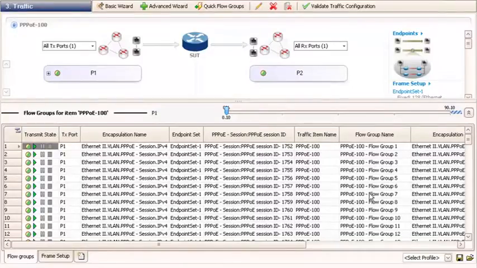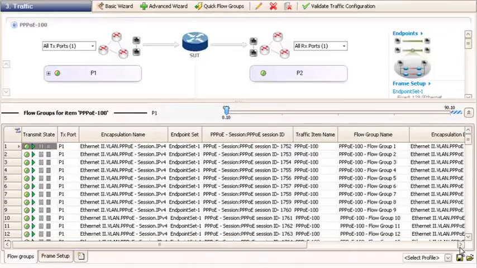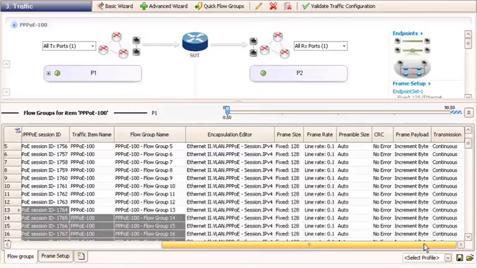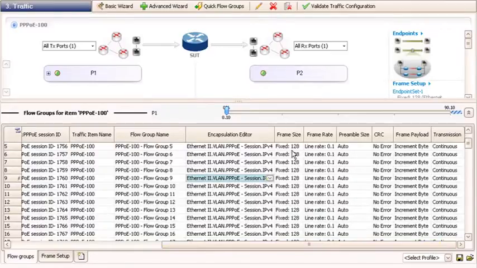Now typically for a use case like PPPoE or QoS, you may have flow groups that you want to uniquely change for a particular frame size or rate and see how the DUT responds accordingly. Or also, when you're doing a real-world use case, there will be different PPPoE sessions with different rates and frame sizes and so on. So for that example, as well as QoS, you may want to change each flow group to have a unique maybe frame size, rate, maybe add some additional headers and things like that. So what we're going to do here, and this will also play into how the merge manager works, is